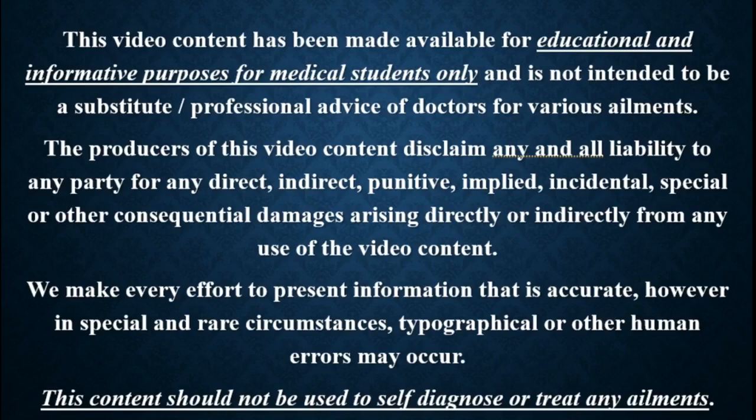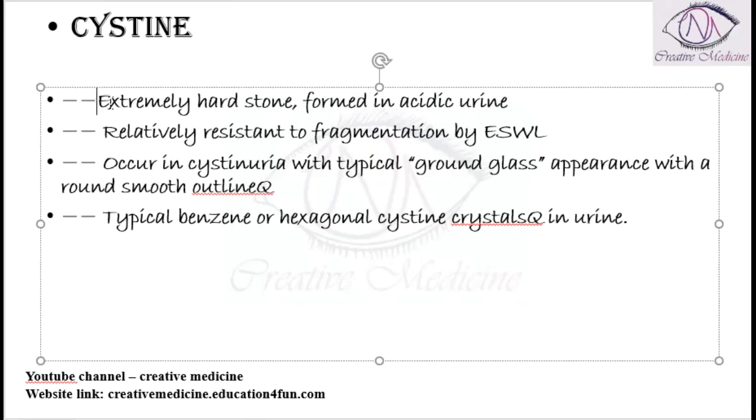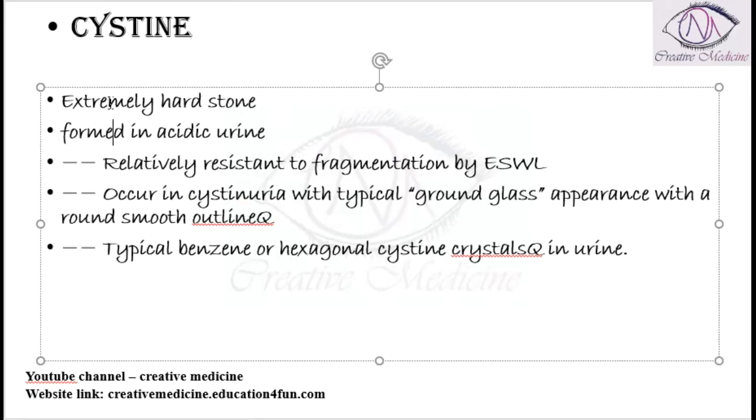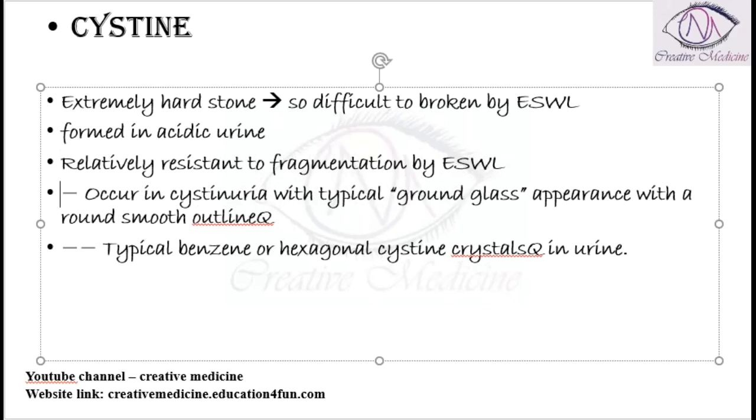In this lecture, we will learn about cystine stones. Cystine stones are extremely hard stones. Because they are hard stones, it is difficult for these stones to be broken by extracorporeal shockwave lithotripsy, ESWL. Then these are mainly formed in acidic urine, and these are relatively resistant to fragmentation by extracorporeal shockwave